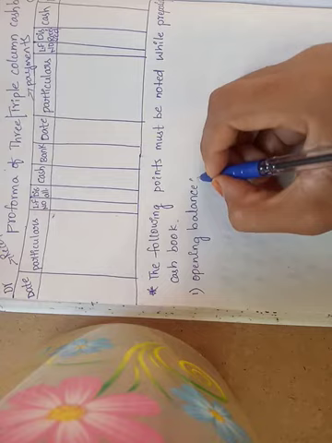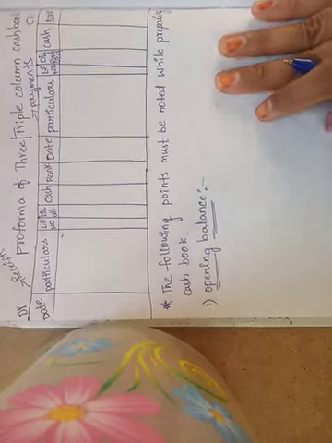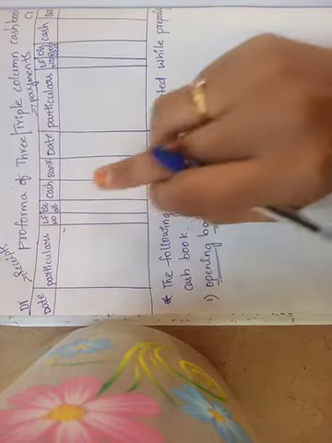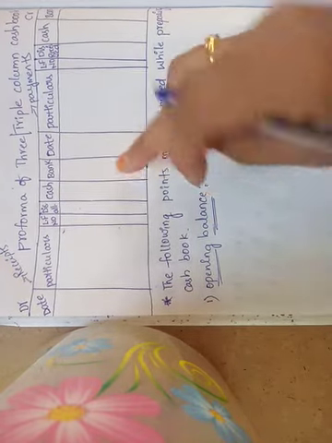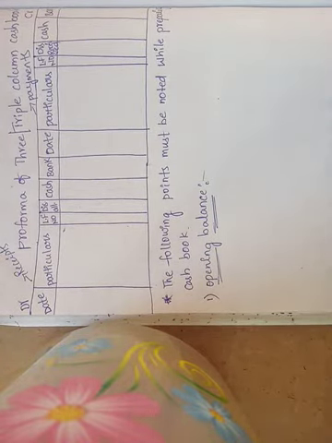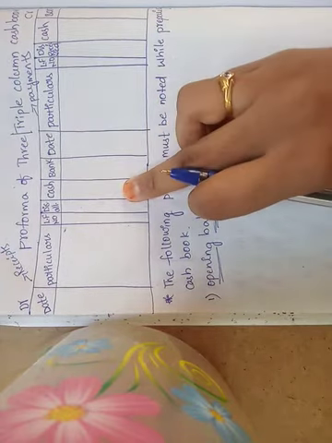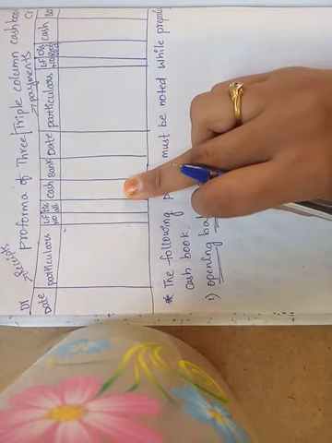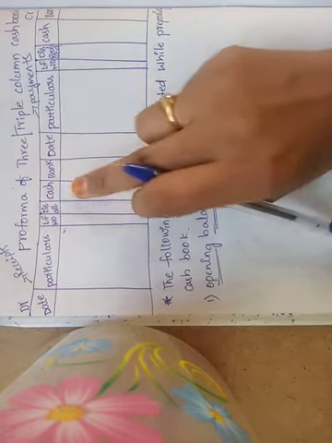Opening balance means what? Cash in hand, cash at bank. Here two columns are important: the cash column and the bank column. In a transaction, for example purchased goods for cash or sold goods for cash, at the end cash is mentioned, so the transaction amount will be entered in the cash column. Got it?